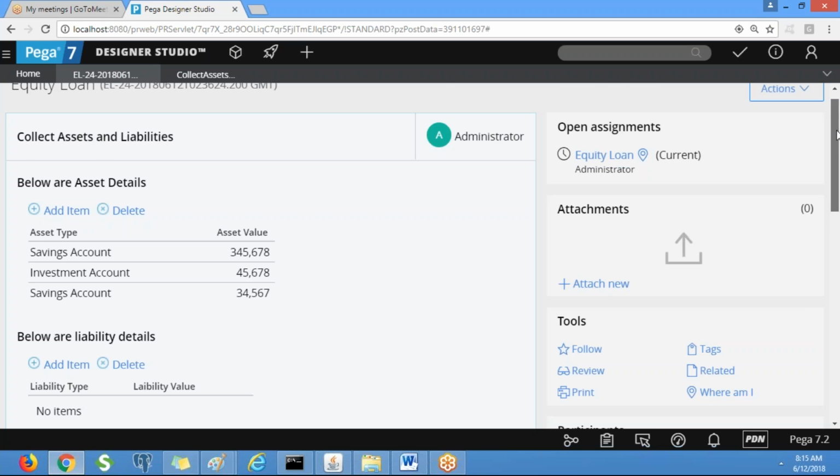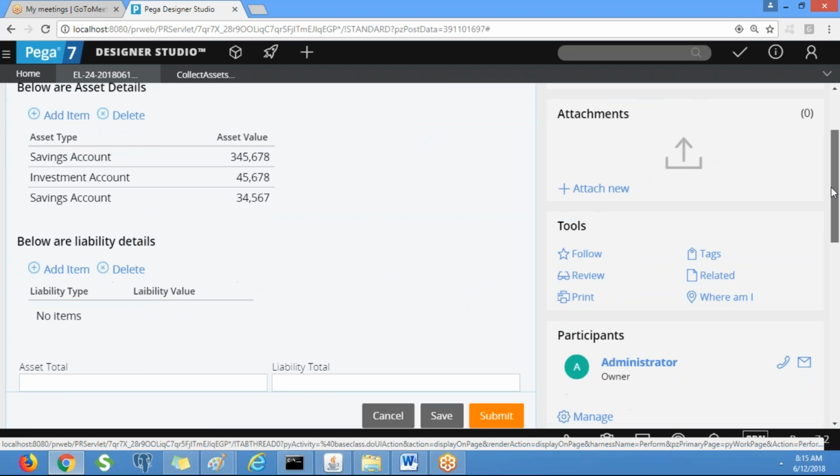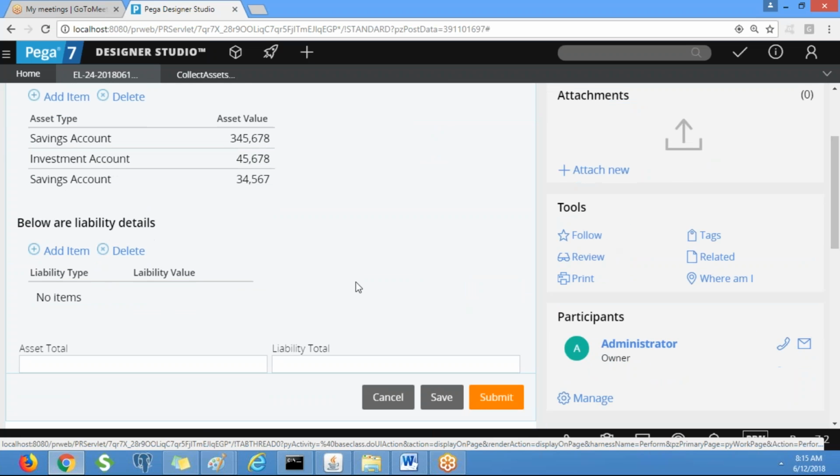Okay, so here, what is the target property and what are the input properties for asset total? Whenever you add assets, this target property should be updated automatically.